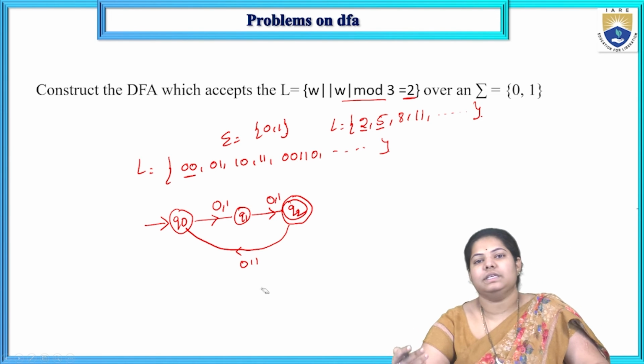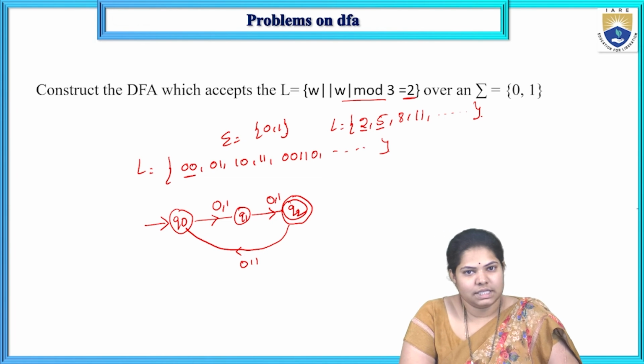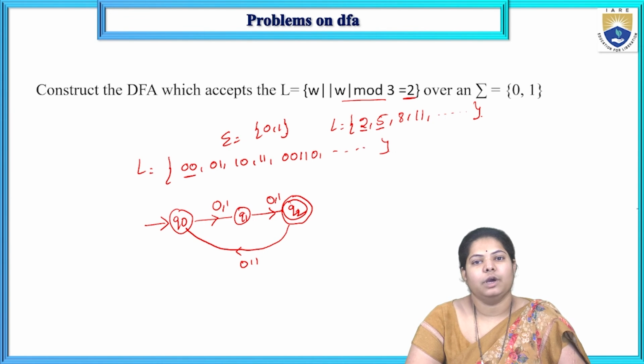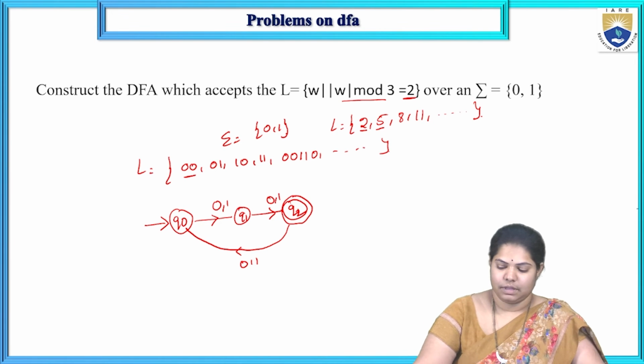So if the string length is divided by 2, how many states do we get? 2 states. If the string length is divided by 3, how many states will we get? We will get 3 states. If the string length is divided by n, we will get n number of states. Okay, and the next